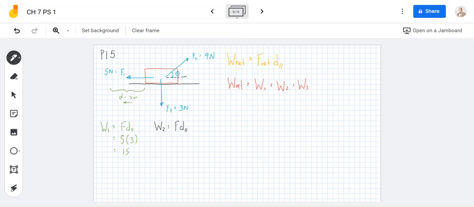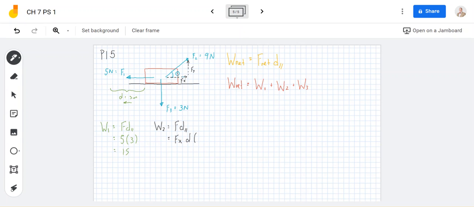So we have the two components here. That's the F in the X direction. So this is the F in the Y direction. This one here is the F in the X direction. And we see that the F in the Y direction is perpendicular to, not parallel to, this distance vector here. So the only one that works here is this Fx. So I'm going to take my F in the X direction and multiply by this distance. But here's the thing. You'll notice that this is to the right and this one is to the left,